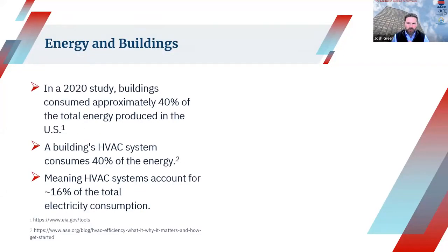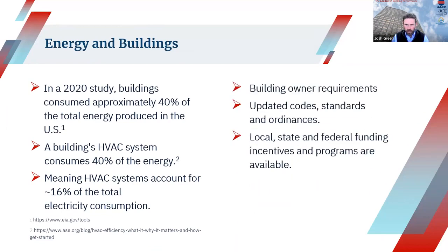So energy use, and just energy in general, is a very relevant topic, especially in today's world. And as we'll discuss, energy is a major driver in these projects. A 2020 study found that buildings consume 40% of the energy produced here in the US. And in a given building, 40% of the building's energy is driven by the HVAC systems. So when you package that all together, it equates to roughly 16% of all the energy produced being consumed by HVAC systems. And with the cost of energy increasing, along with the environmental impacts, owners are keeping all of